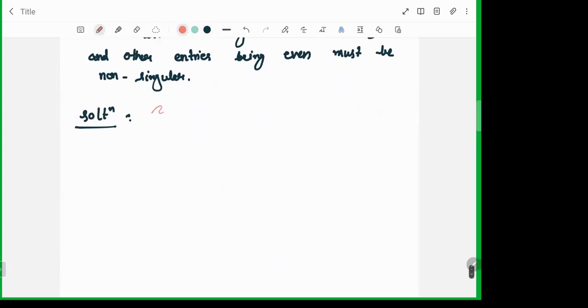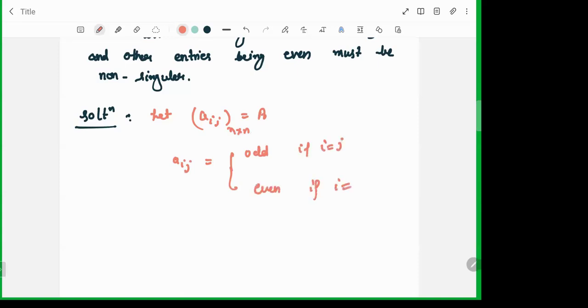Let A_ij be an n cross n matrix. How are we defining this? We define A_ij is odd if i equals j. This is given, right? And even if i does not equal j. This is given to us. So how do we get the determinant of this matrix A? The determinant of A is given by